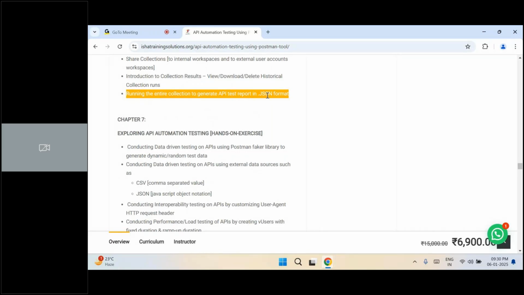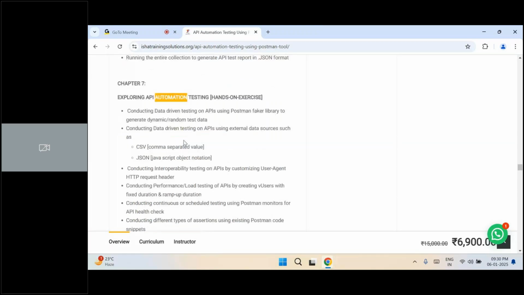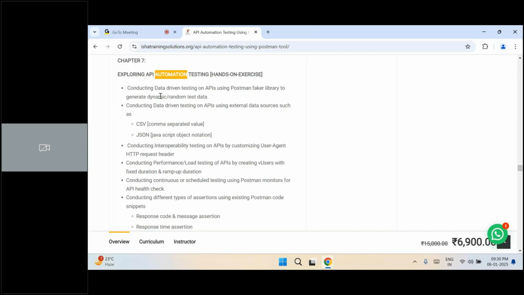Okay. In chapter 7, we'll focus more on the automation of APIs. Okay, meaning the advanced automation will focus, where I'm going to explain what is data driven automation. I'm going to take the Java fake library to generate random data. And the data driven automation testing can be conducted by supplying a CSV file to the server or by supplying a JSON file to the server. Something like, creating bulk records, updating bulk records, deleting bulk records. That is what we achieve in data driven automation testing, which is the common framework any Selenium tool uses or Postman uses.